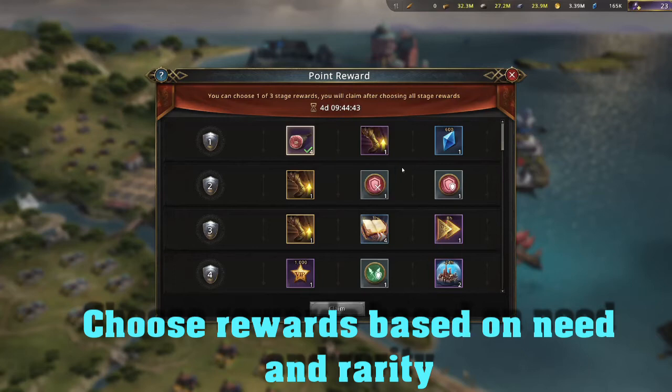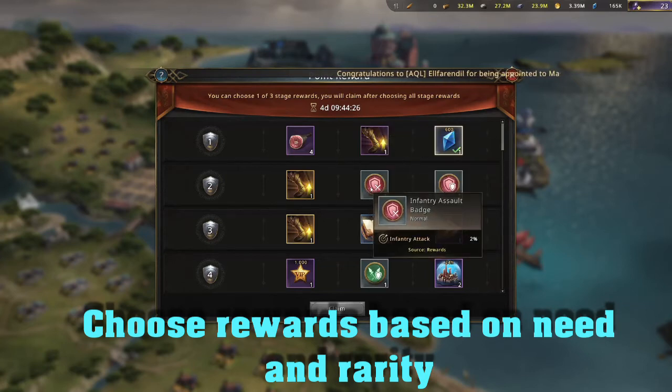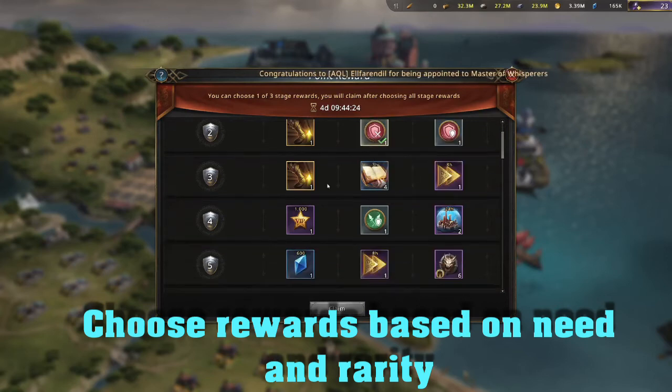So, for instance, this very first one, I think everybody should choose the 600 diamonds. You're not going to need boots, and obviously the meat for feeding your dragon you can get pretty much anywhere. And the speed ups, these speeders, race boots, you get them almost anywhere as well. Moving to the second one, this is an easy one too. You want the attack badge. The third one,